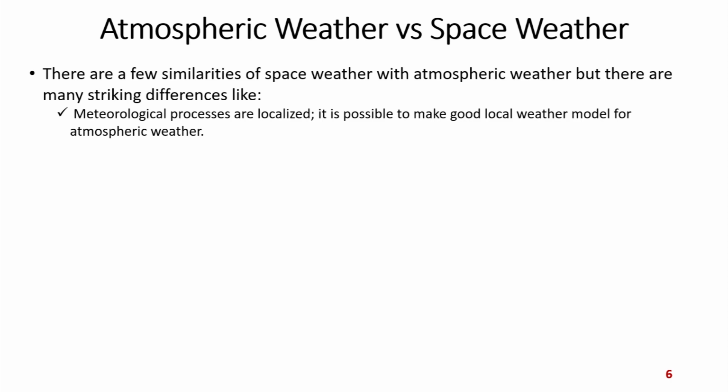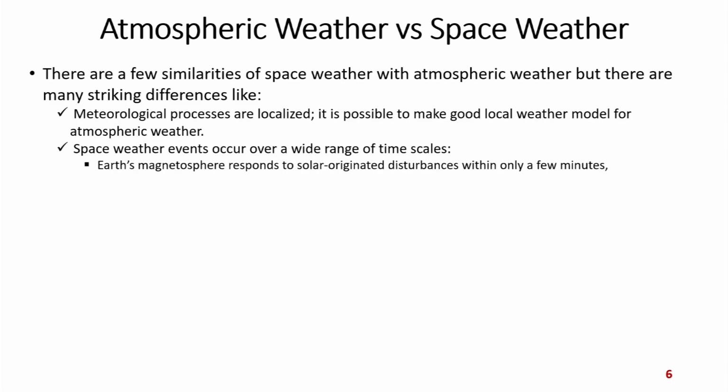Like the terrestrial meteorological processes, they are highly localized. So, it is possible to make a good local weather model for atmospheric weather. As for example, the atmospheric model of Assam will be very much different from that of Rajasthan. But the space weather events occur over a wide range of time scales. We will see that the Earth's magnetosphere